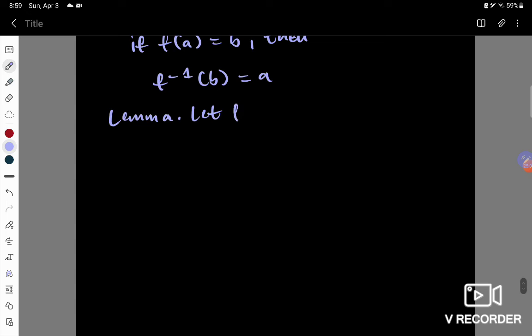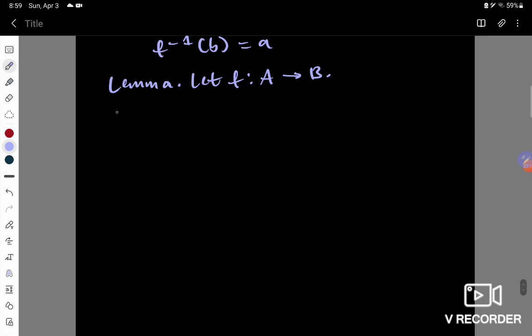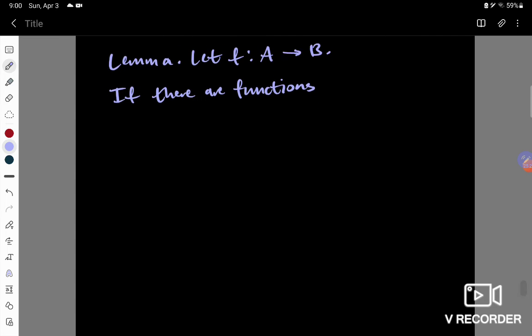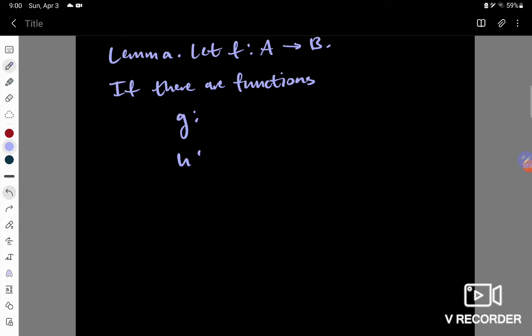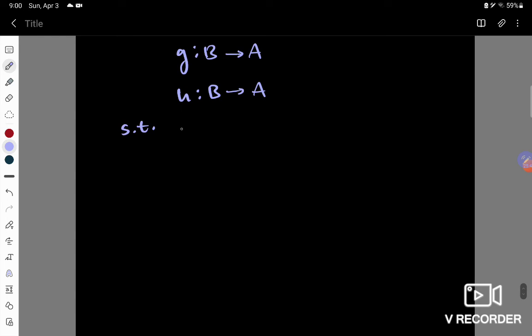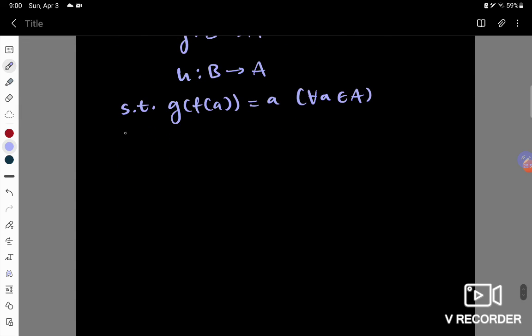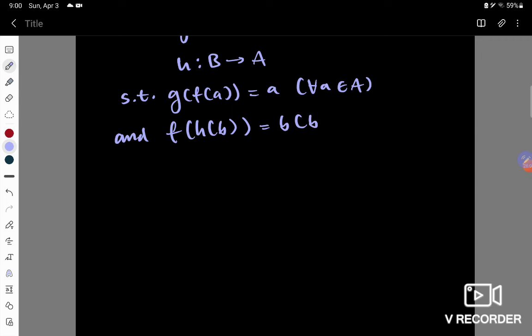Let f be a function from A to B. If there are functions g and h defined as follows, g from B to A, and h from B to A, such that g of f of a equals a for all a in the domain set of f, and f of h of b is equal to b for all lowercase b in B, then